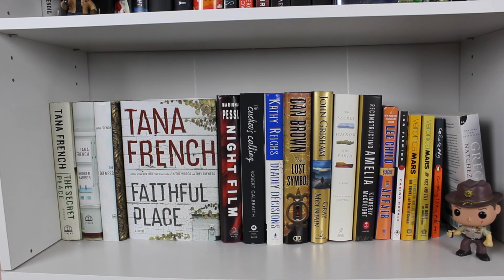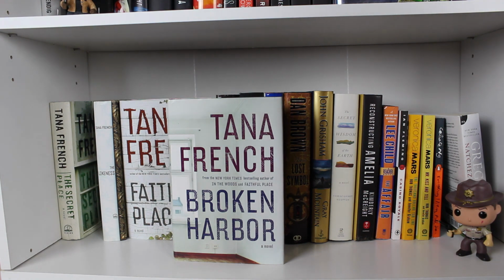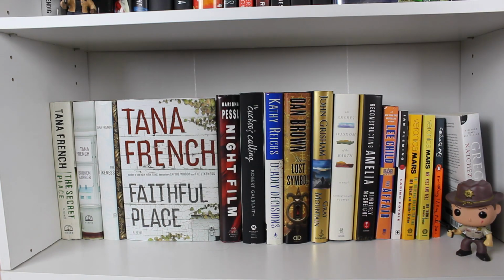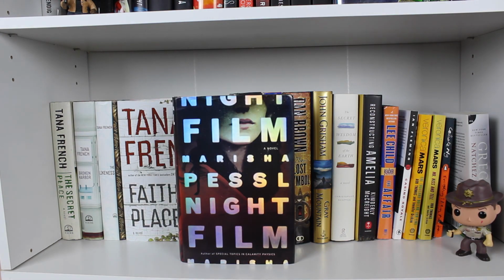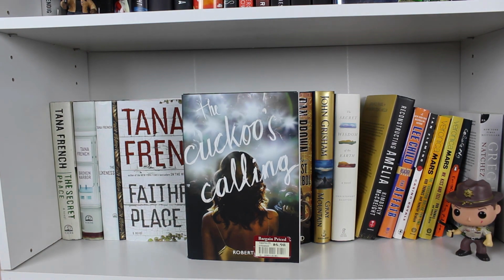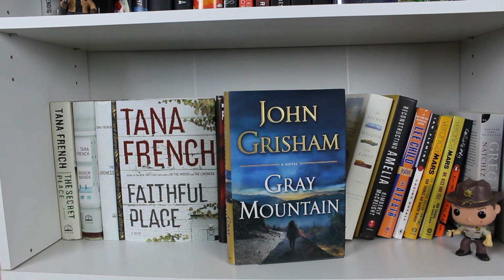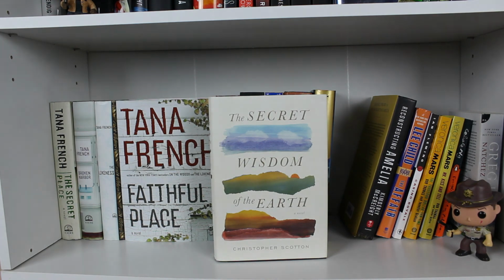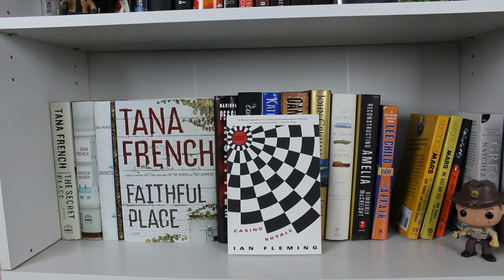The next shelf here is mostly adult mystery and thriller novels. The Secret Place by Tana French, Broken Harbor by Tana French, The Likeness by Tana French, Faithful Place by Tana French, and In the Woods by Tana French. Next I have Night Film by Marisha Pessl, The Cuckoo's Calling by Robert Galbraith, aka J.K. Rowling, Deadly Decisions by Kathy Reichs, The Lost Symbol by Dan Brown, Gray Mountain by John Grisham, The Secret Wisdom of the Earth by Christopher Scotton, Reconstructing Amelia by Kimberly McCreight, The Affair by Lee Child, Casino Royale by Ian